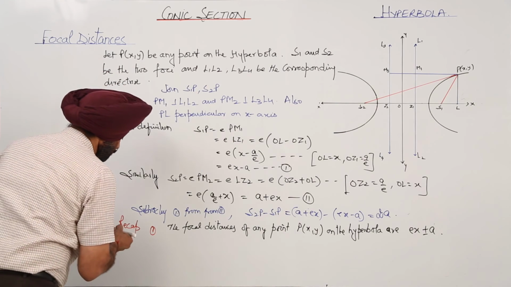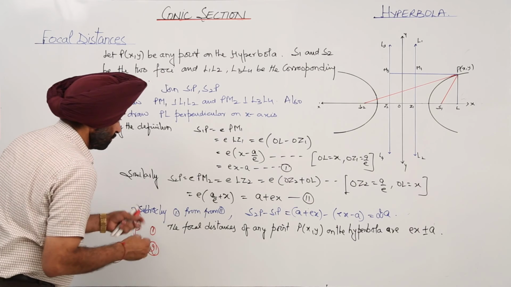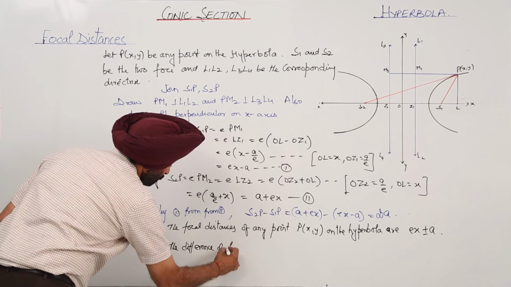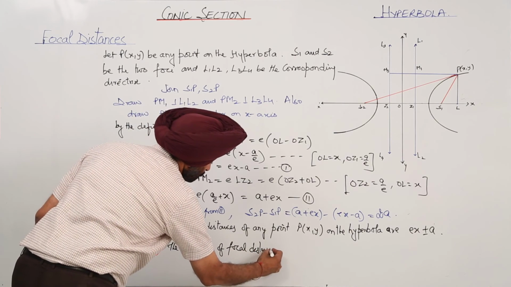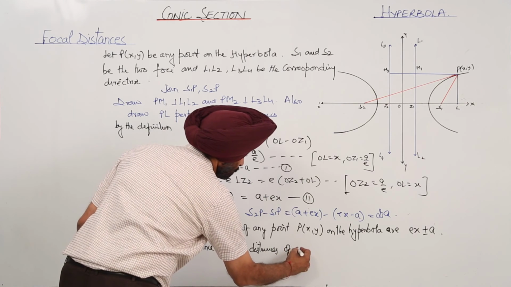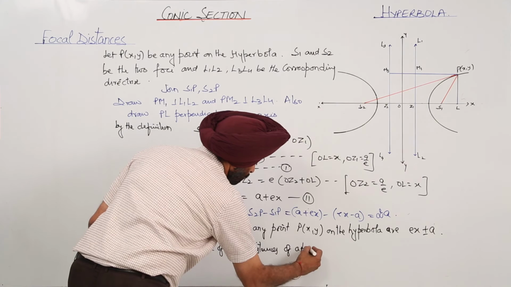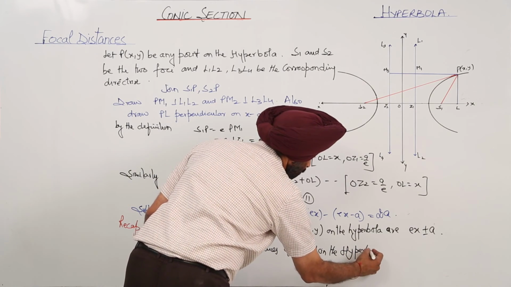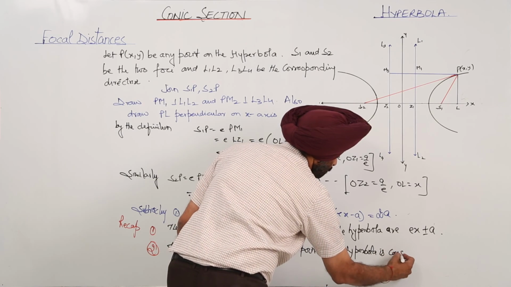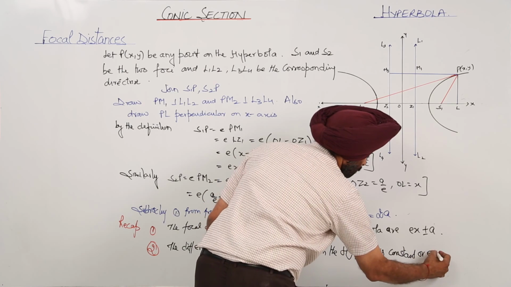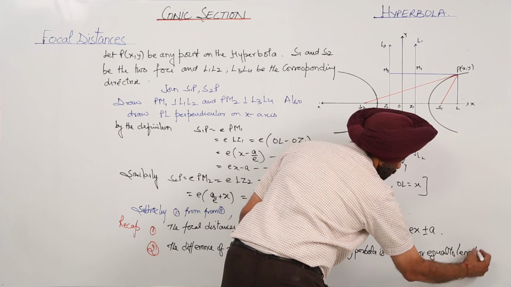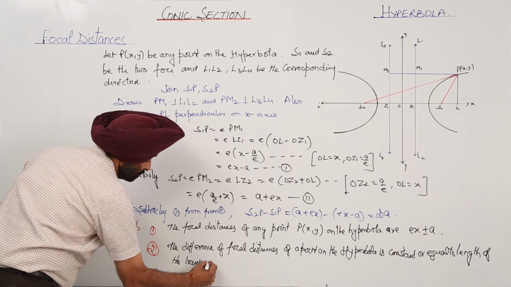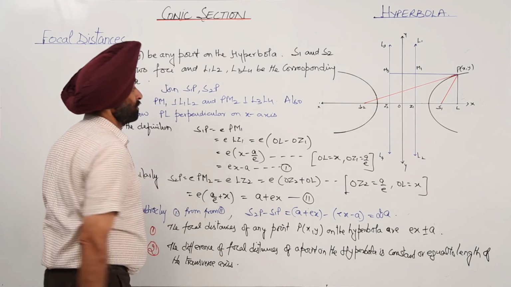And number 2, the difference of focal distances of a point on the hyperbola is constant, or equal to the length of the transverse axis. So this was all about the